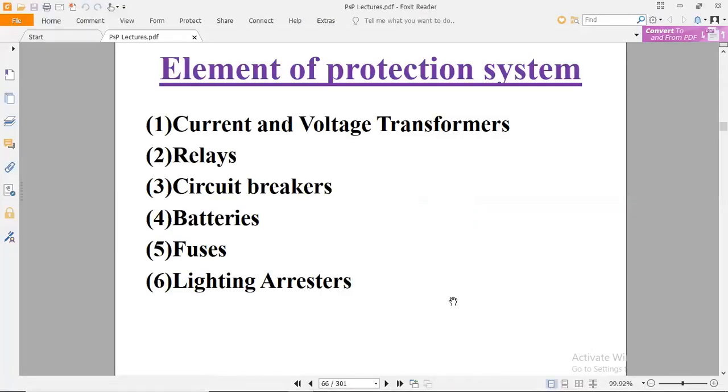We start today's session with the elements of protection system. First, the instrument transformers, divided into two parts: the CTs and PTs, the current transformer and potential transformer. Potential transformer is also called voltage transformer. Number two component is relay systems, in which the differential relay protection of transmission line relay,